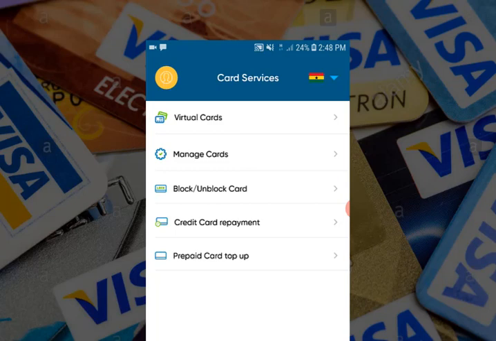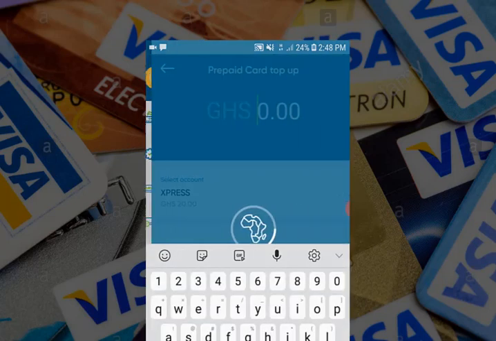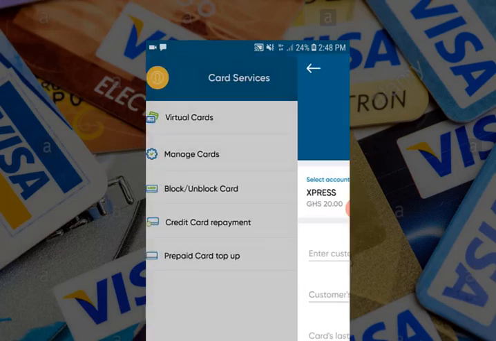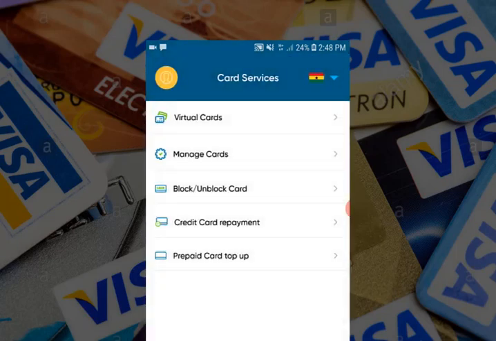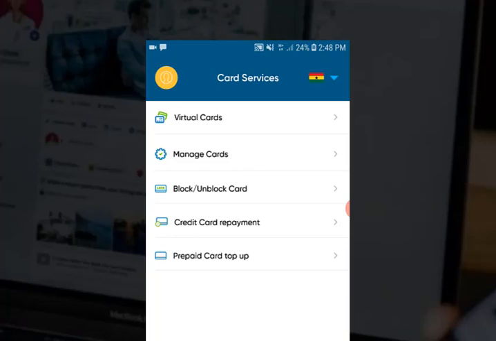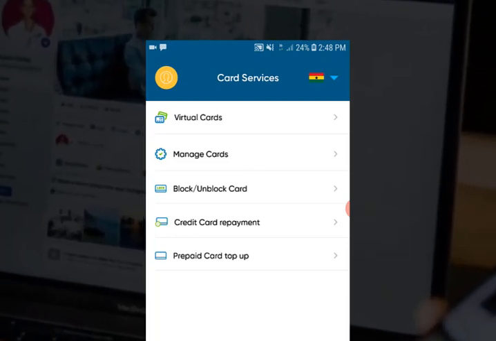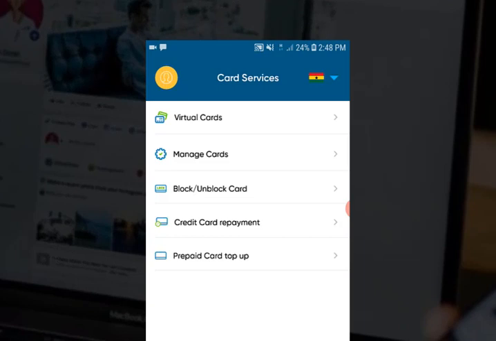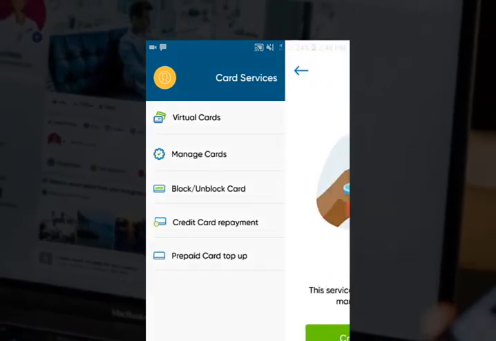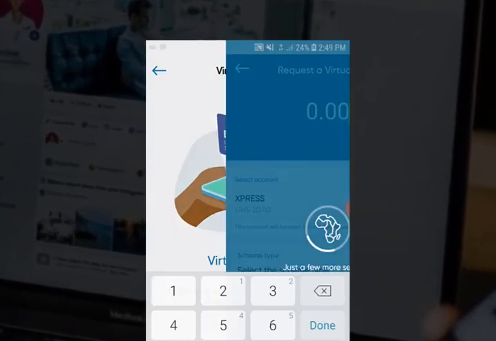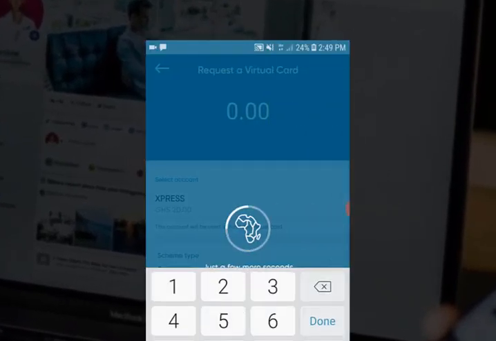Because we need a virtual card, you tap on virtual card, and then you see create a virtual card. You tap on create a virtual card,